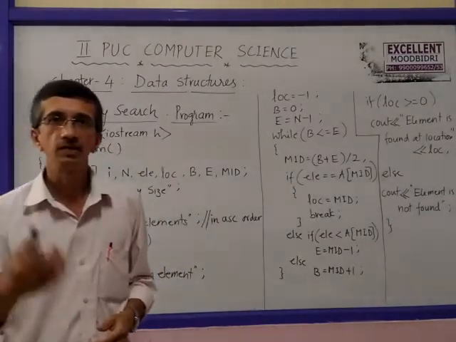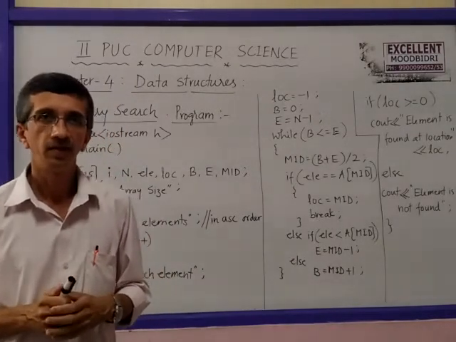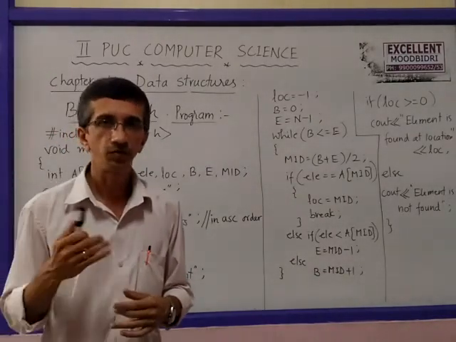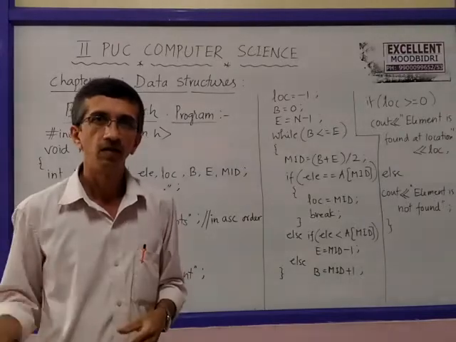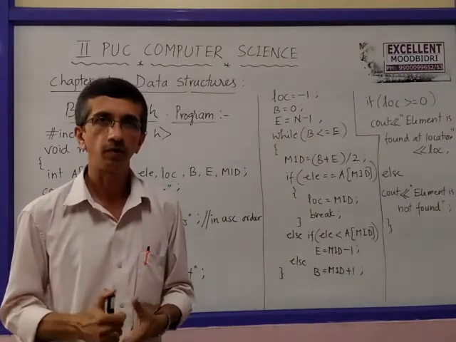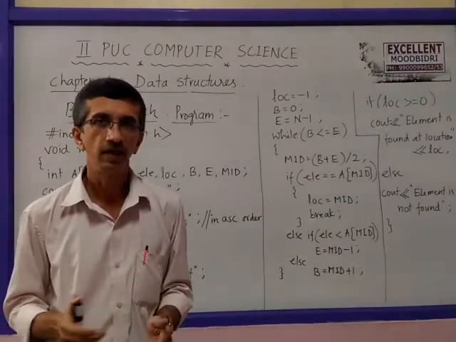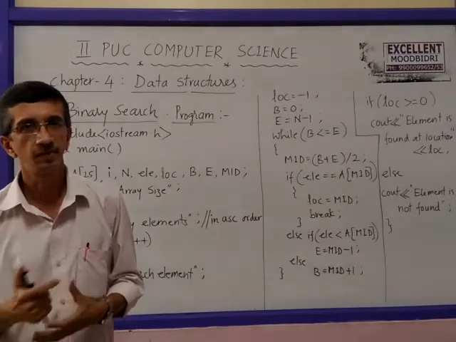Now after this, in the next session, I will give an example of an array, and using linear search as well as binary search, we will trace the algorithm to check whether it is working properly, and see how to search for a given item using binary search as well as linear search, using some examples.